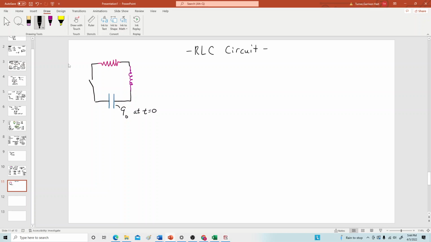But what happens when I put a resistor in here and then I close the switch? The current will still start to flow. The plates will still try to discharge, but I don't have